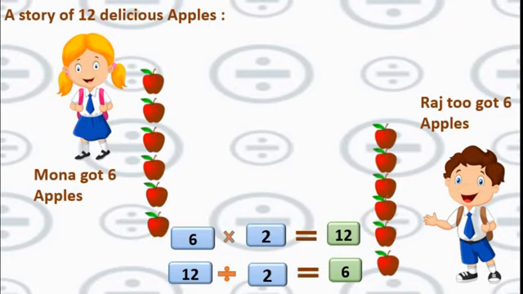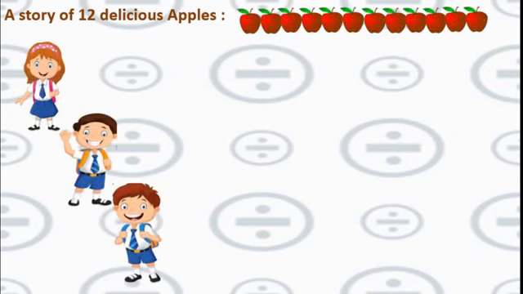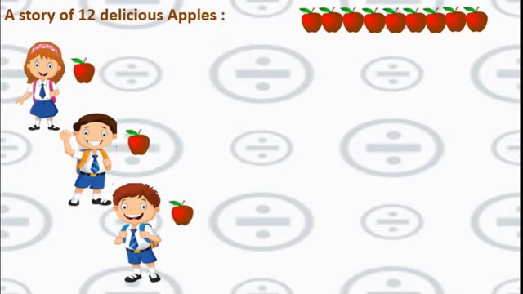Okay, we will continue the story. Then you will understand. Again 12 apples are there. Okay, here we can see 3 students. One more came. Okay, 3 students are there. Again we are going to divide these 12 apples among them equally. Okay. See this. First one to this girl. Second to this boy. Third to this boy.